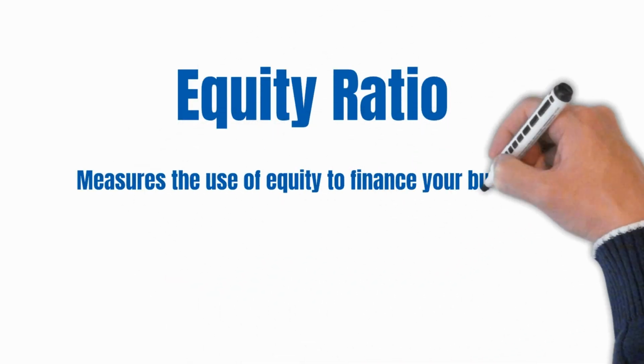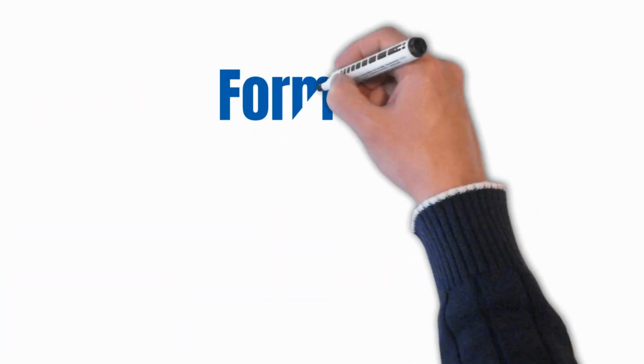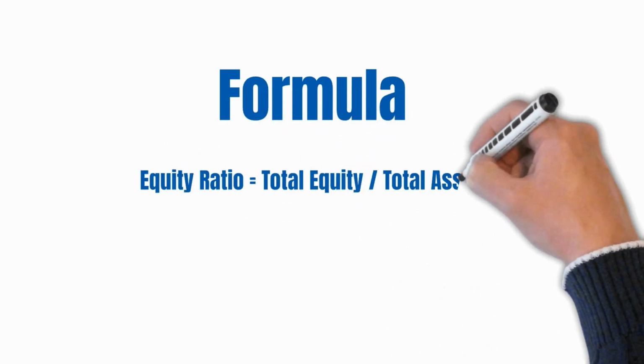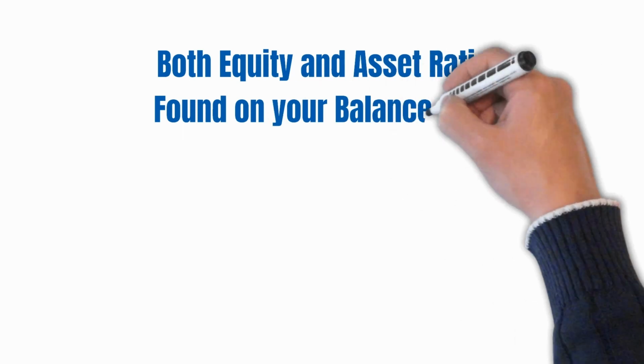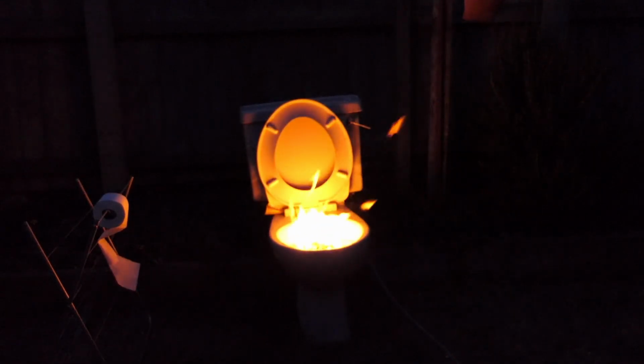Right. The equity ratio measures the use of equity to finance your business. The formula looks like this. Your equity ratio equals total equity divided by total assets. Both equity and assets are found on your company's balance sheet, which sort of sounds like a toilet paper brand,